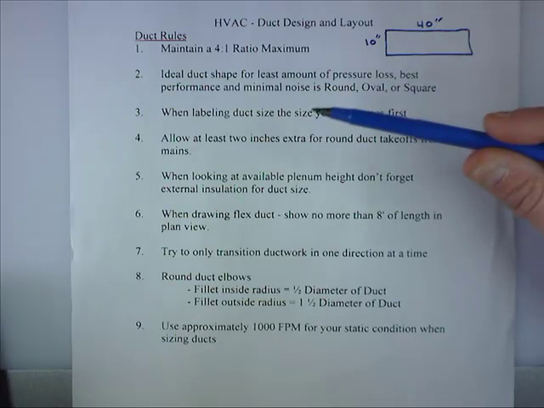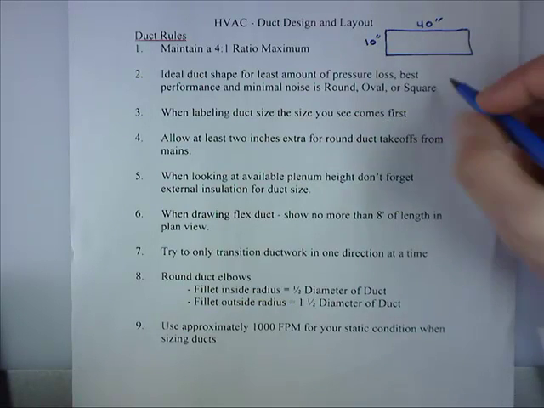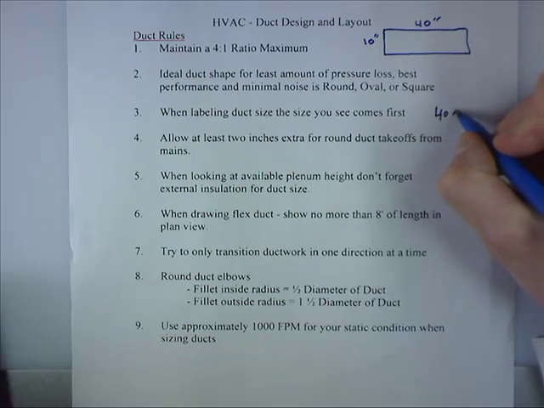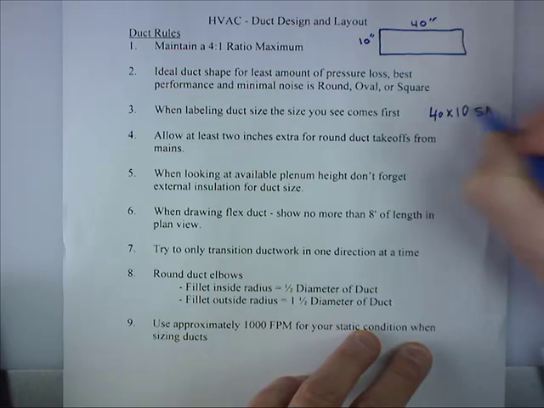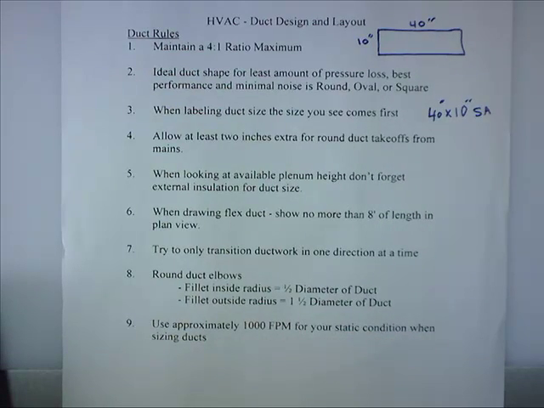Well, the size I see is the width. So this ductwork would be 40 by 10 supply air. And that's how I would write it. If I had 10 by 40 supply air,